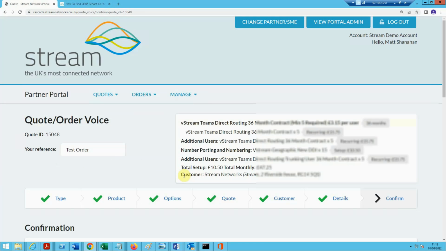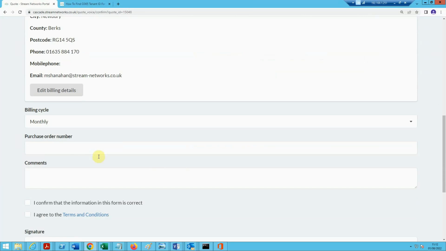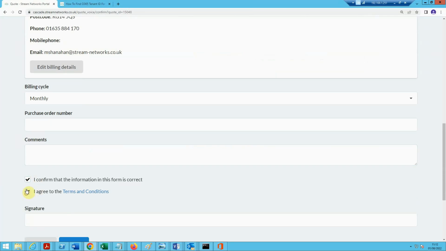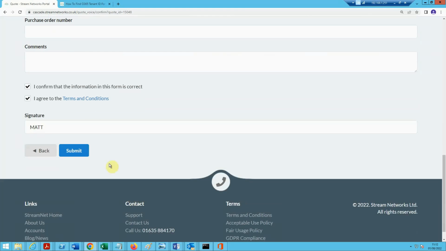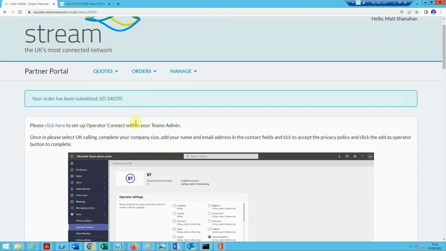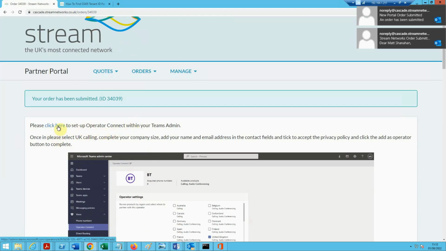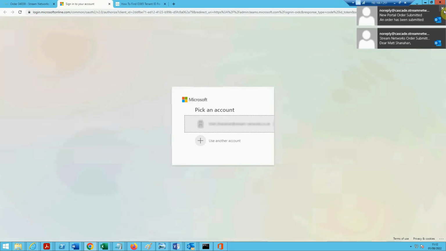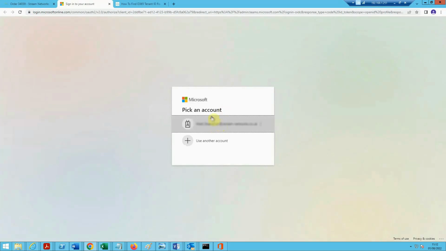Just click continue. It summarizes it monthly, put a purchase order and comments, and literally sign, and then submit the order. Once you've submitted the order, you see this page here, and this gives you details on how to set up the Operator Connect part in Microsoft Teams. So literally just click on this link here,